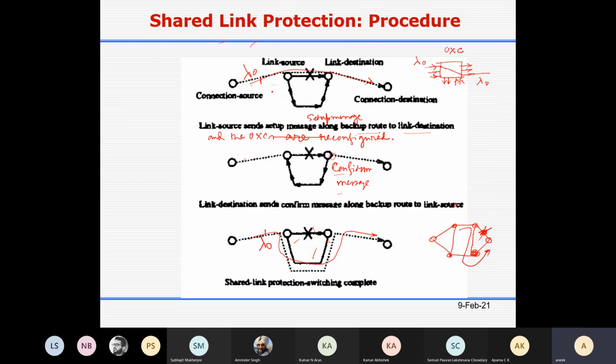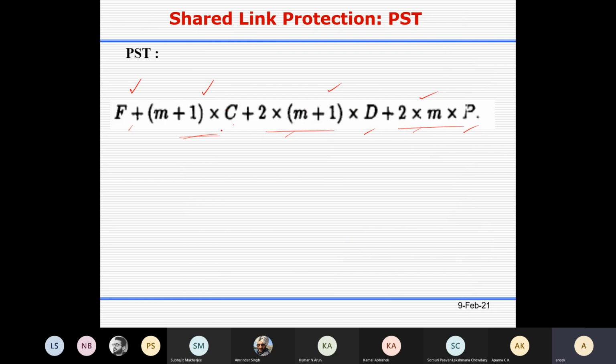Now how many nodes are there? Basically the intermediate nodes are the intermediate hops. Number of hops is M, so the total number of nodes along this route is equal to M plus 1, including this node and this node. So the reconfiguration time will be (M plus 1) into C. Okay, so now it is complete.